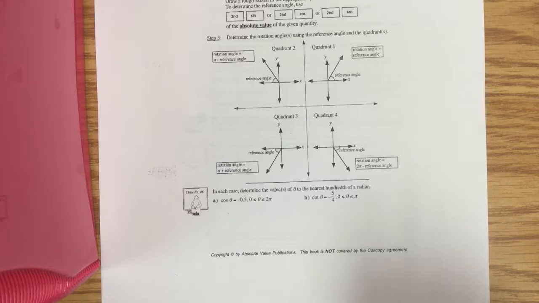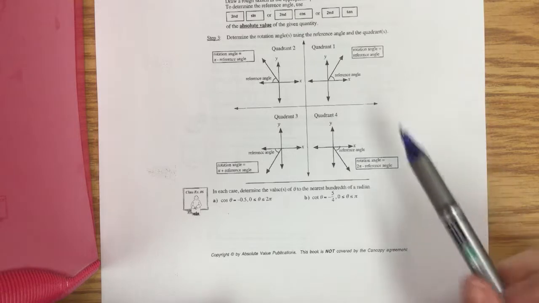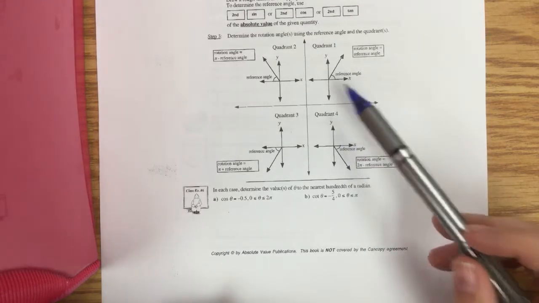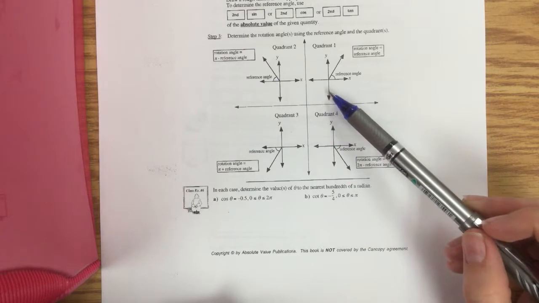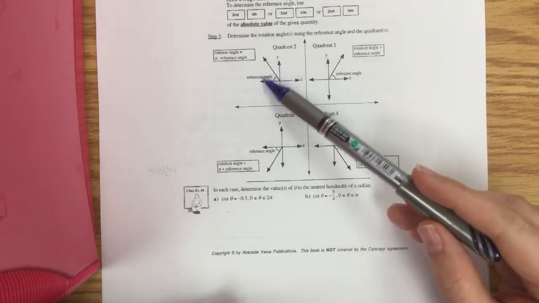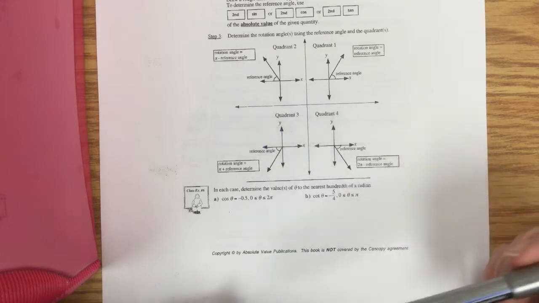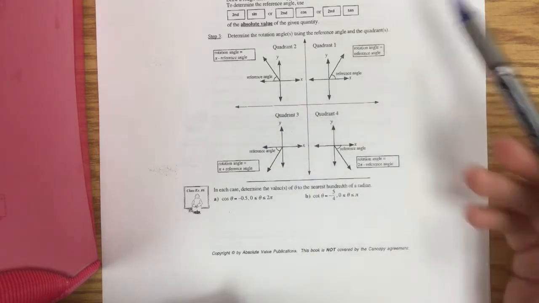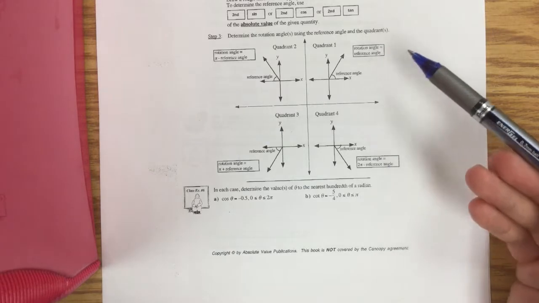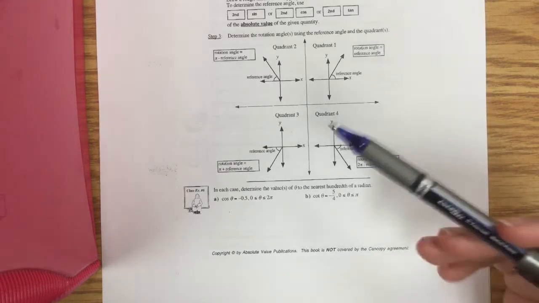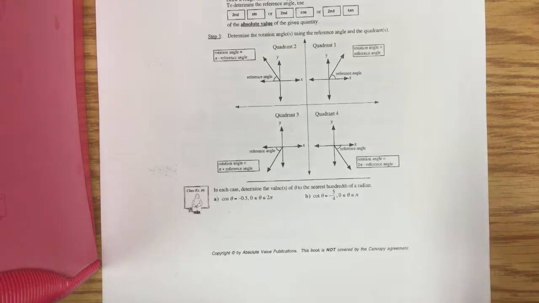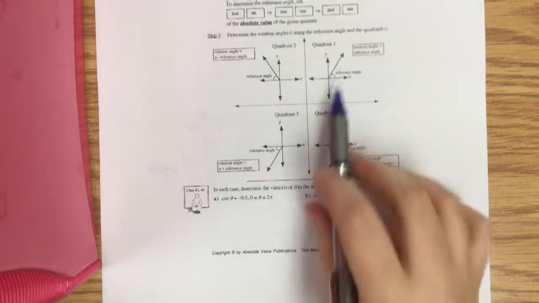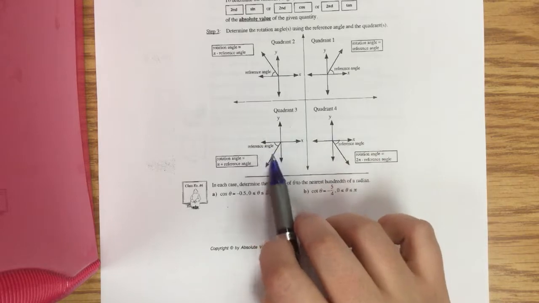Okay, so working in radians is similar. You're going to use your CAST rule, and then just finding the actual rotation angle once you have your reference angle is going to require a little more work. Because what's going to happen is that when you determine your quadrant, then your next step is to do the second function, and you're going to get a measure of radians, basically a decimal. And so we want to work in pi, if we can, as fractions of pi, and then decide to add or subtract fractions of pi from our